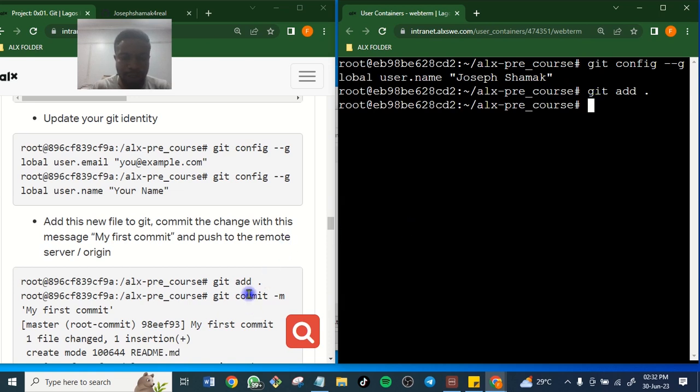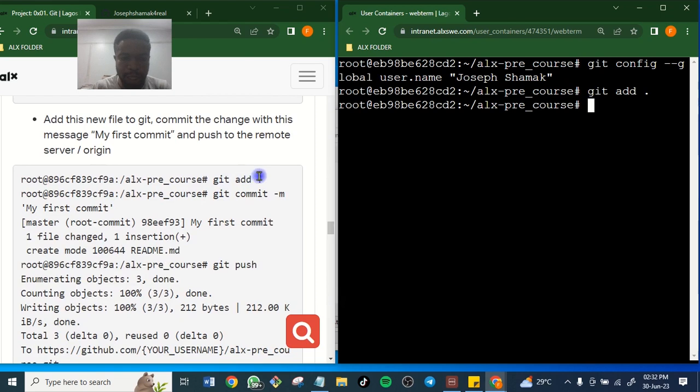You can see it, git add, git commit. That's how to git add and git commit. Git commit -m "my first commit".